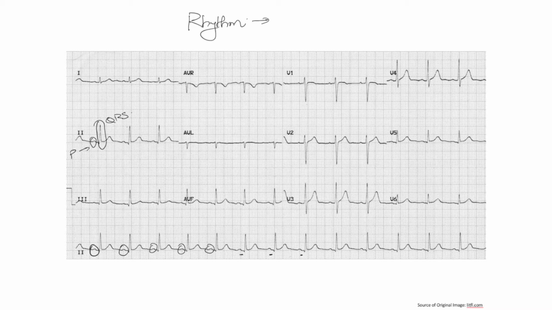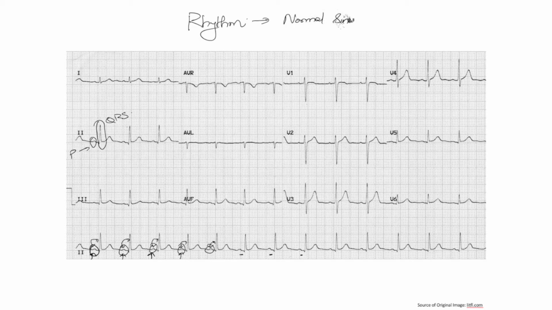The second thing you'd want to look at is to see if the P waves occur at regular intervals. And just eyeballing the EKG, they are occurring at fairly regular intervals. And the third thing you'd want to ensure is to see if each P wave is followed by a QRS complex. So here we can see that each P wave is followed by a QRS, and so on and so forth. So if you see this happen, the EKG shows that it's normal